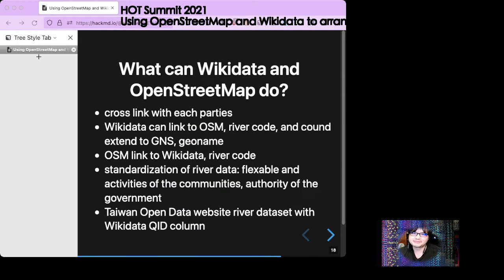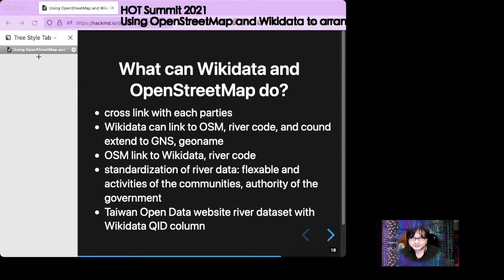So from the community view, what can OpenStreetMap and Wikidata do? The most important part is access to the database cross-linked with each party. Like Wikidata can link to OpenStreetMap, the river code from the Taiwan government, and could extend to other external databases like GNS and GeoNames. All of them could also link to Wikidata, river code, and other external databases.